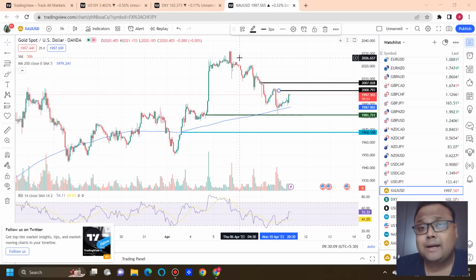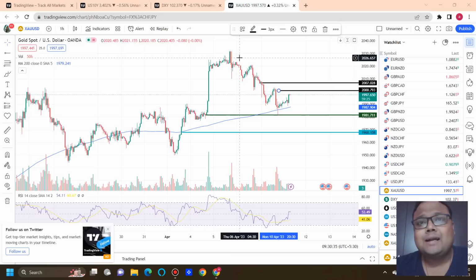If you're a swing trader, then my dear friends, please wait for tomorrow's CPI. After CPI, the market may give us some indication of which direction it will move next. So it's better to go for a quick entry and exit, which we have been doing for the last couple of days and weeks. On the chart of gold, the best support is around 1968 to 1968.50. If the market drops to that level, we can definitely expect a bounce.